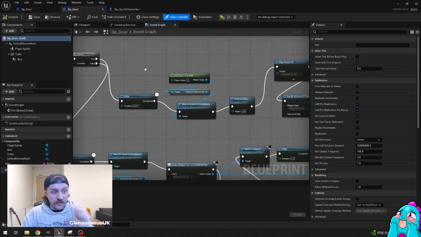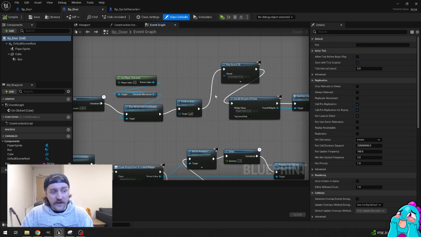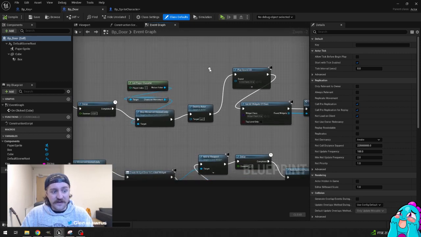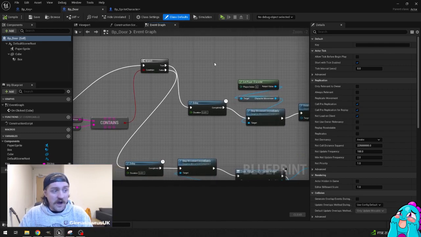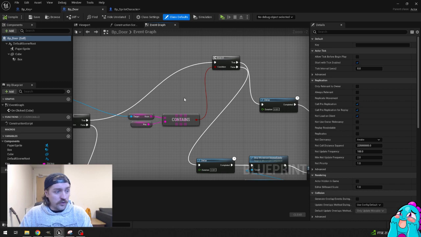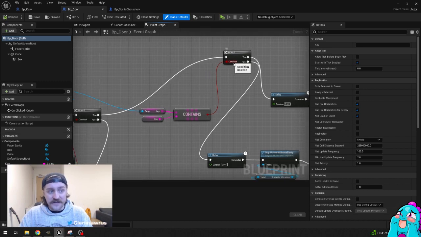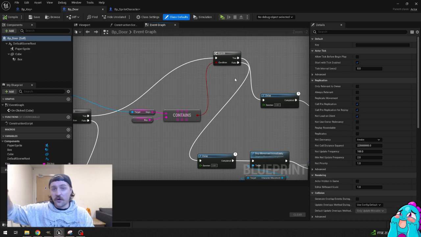And if you are true, it then delays, takes away, destroys the character. Because of the way I've set up my door, it has a hitbox which pushes you a little bit too far away from the teleporter, so you can't get to the teleporter until this actor is destroyed. Similarly, if you just wanted to use a teleporter, all you would do is check, does this contain it? Yes. Then they can use the code for the teleporter, or a code for whatever function you want to do. But that's how I've done the key in the door function, basically using strings and arrays,